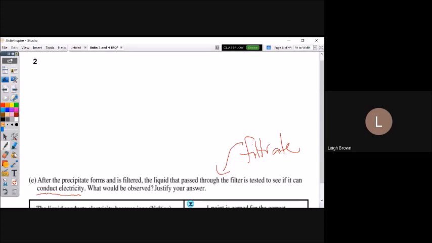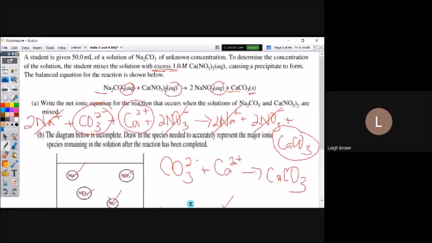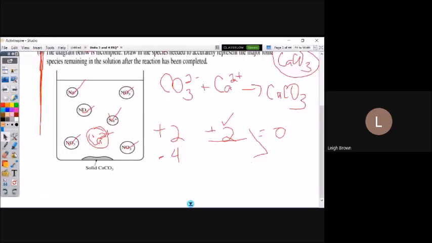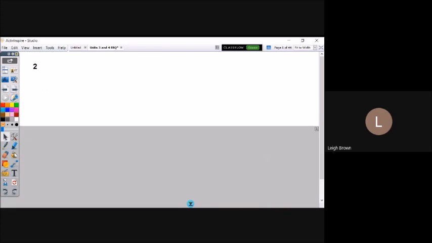So if we go back to our original container, this is what it looked like. This was our original container in our picture that we drew with a calcium ion. If we got it right or not, this is what was in the solution. So will this solution conduct electricity? And the answer is yes, you should say yes, because any solution that has the presence of ions in it is a conductor of electricity. And that's what they wanted you to mention there.